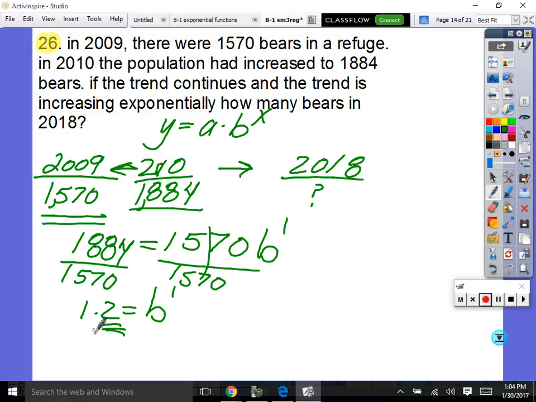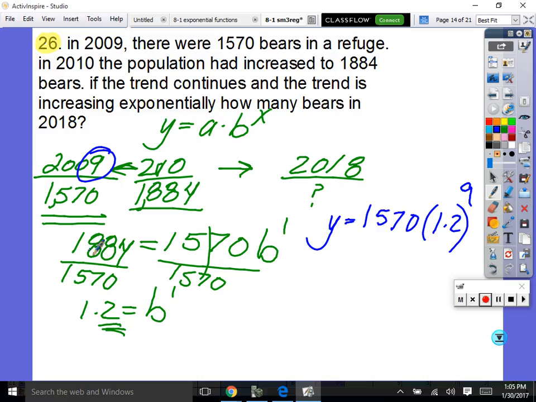Now we can go back and figure out 2018. So let's start over. Our new equation will be y is equal to our initial value, 1570, times our factor, 1.2, raised to the, don't just say 18. 2009 to 2018 was 9 years. So this is 9 years later. Now we type that in, and the number of bears we're going to have approximately is,